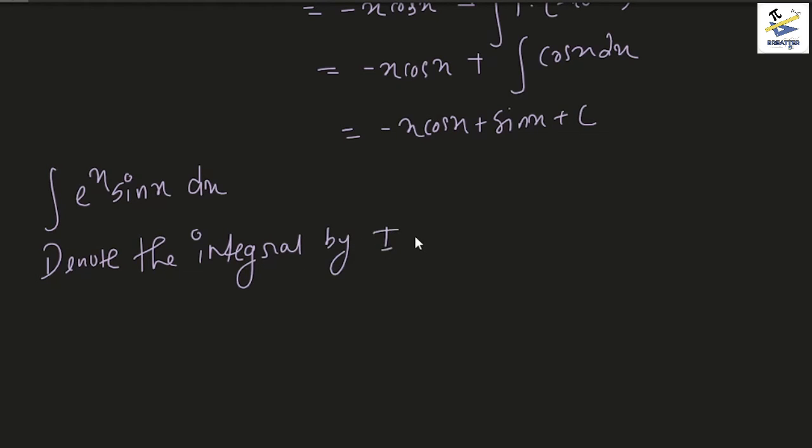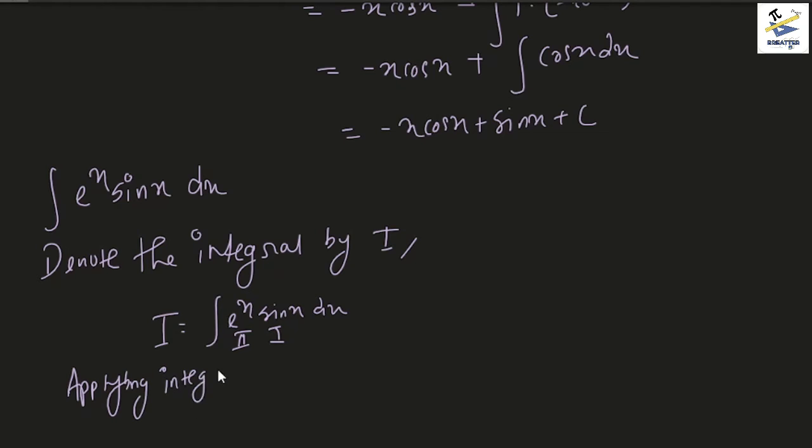by I. Then what we have is I is equal to the integral of e to the power x sin x dx. Now if you remember the rule ILATE, the E, that is for exponential functions, came last. So obviously e to the power x is going to be the second function here, and sin x is going to be the first function. So applying IBP, or integration by parts, what we have is this: